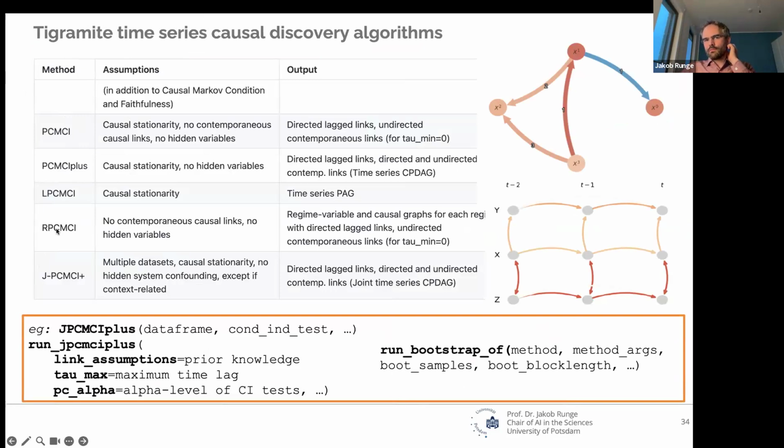It assumes that the system has a finite number of regimes between which it switches, and then it tries to learn those regimes. JPCMCI is for when you have multiple data sets, and of course there can be non-stationarity in space, but each single time series data set should be stationary. You cannot just deal with arbitrary non-stationarity. That's just no free lunch.